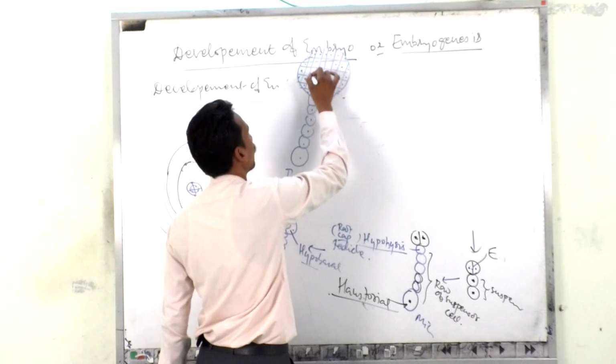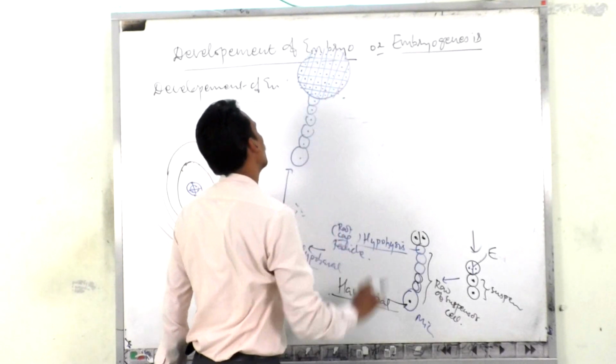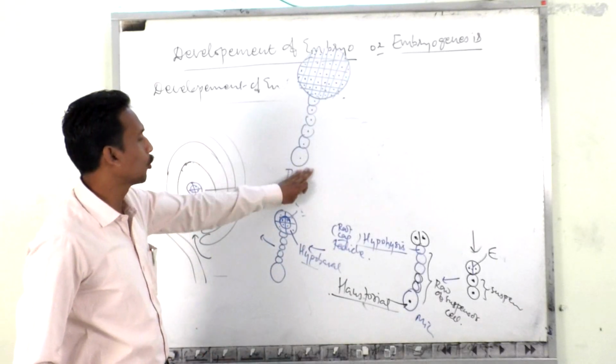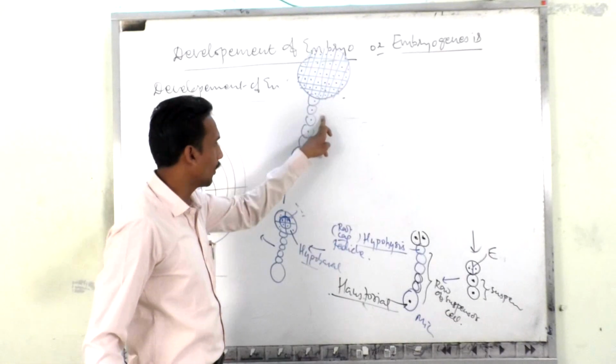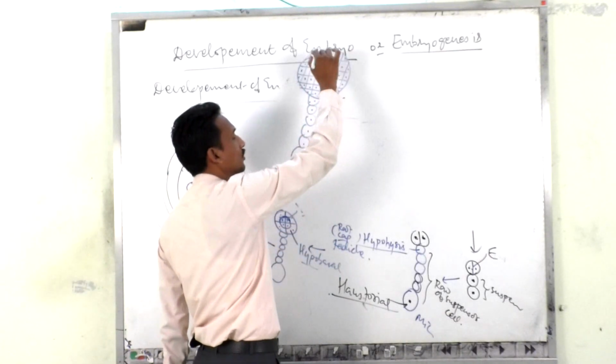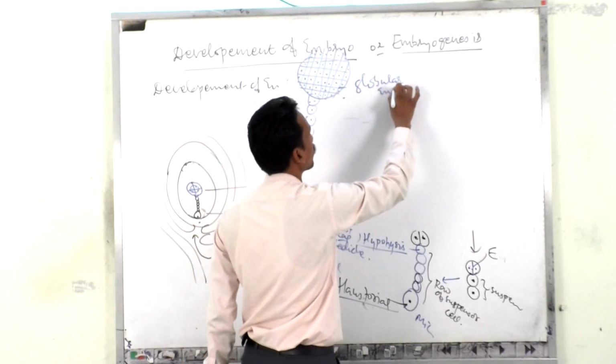So there should be a formation of many globular masses of that particular cell which have been produced. So this one is nothing but a haustorial cell. So these all are nothing but the row of suspensor cells. This one is nothing but a hypophysis, and this particular structure is nothing but the globular embryo. So this one is nothing but a globular embryo now.